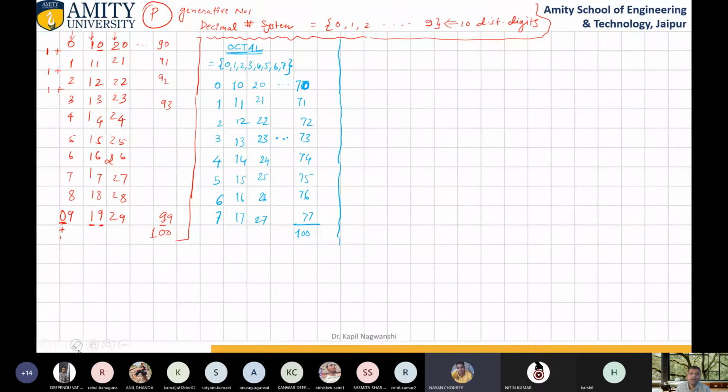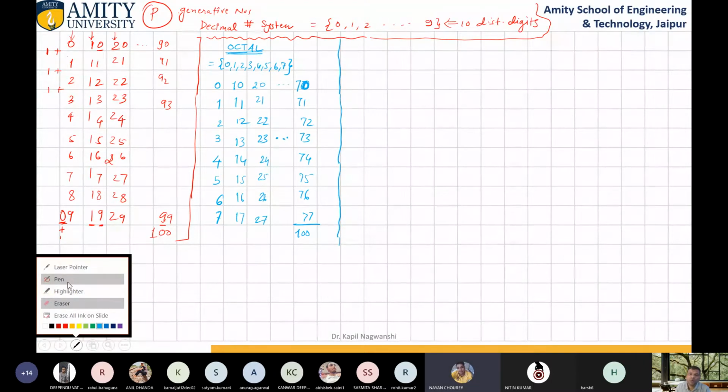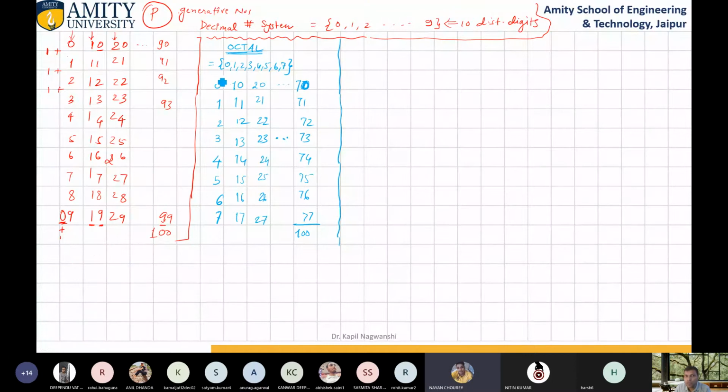It is just a problem of IQ. Just place your vision here. We have these many numbers only. We don't know beyond this. We don't know the concept of 8 and concept of 9.